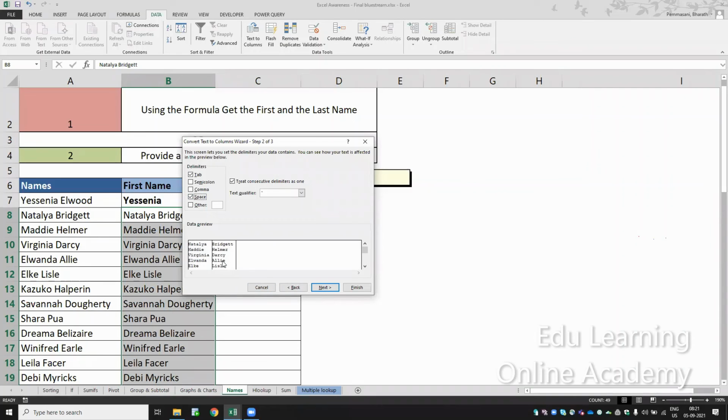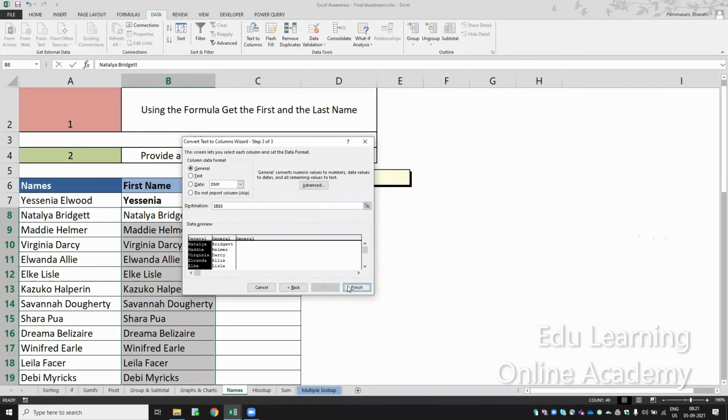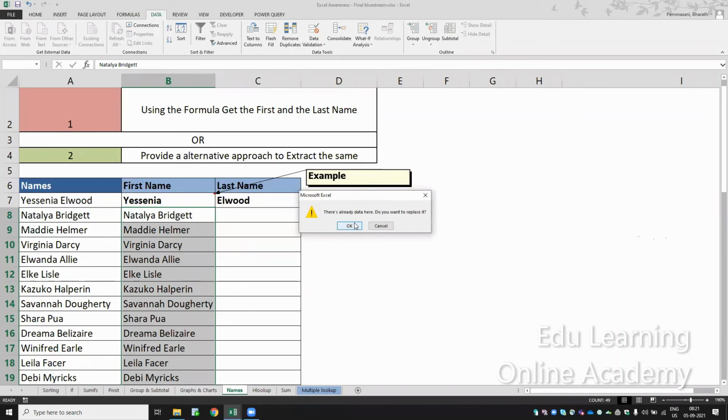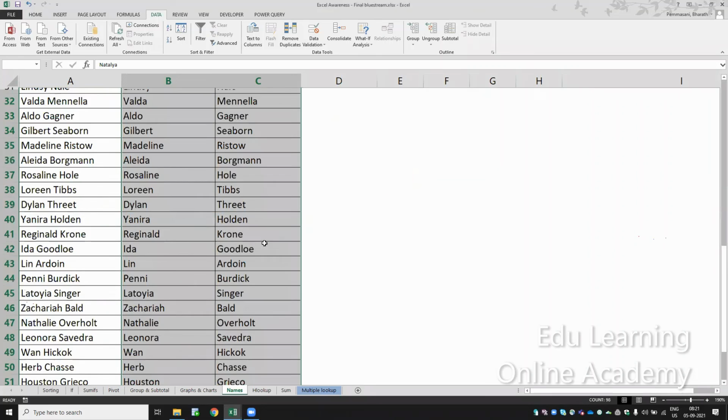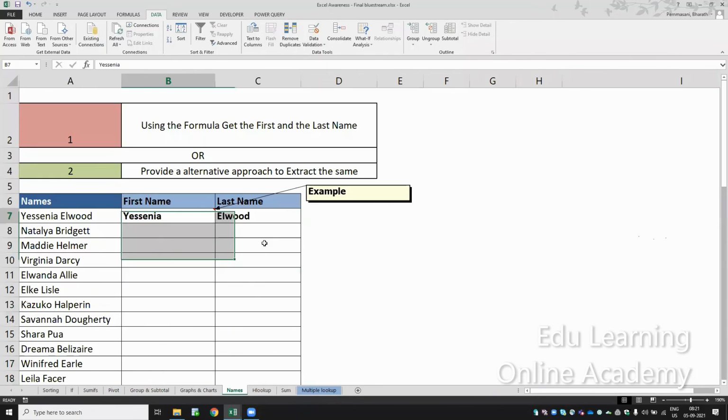It will be split into 2 columns. Click on Next and Finish. So the first name and last name are split here. You're clear, right? We have another approach also with the help of the LEFT and RIGHT formulas, which I've already told you in the first and second class. I have removed this one. Try to do it from your side.